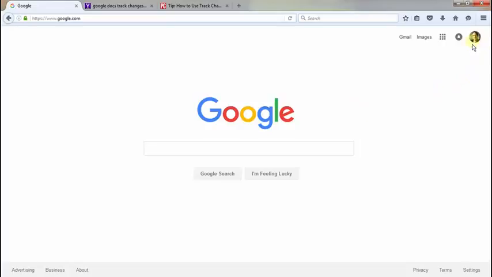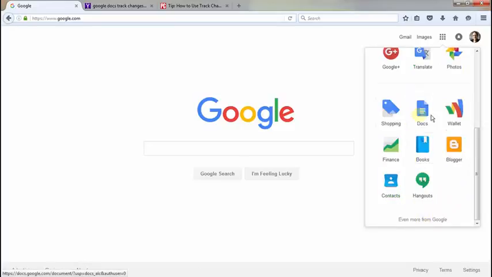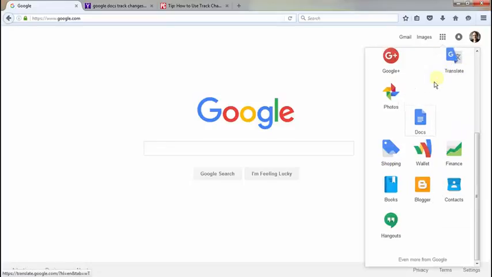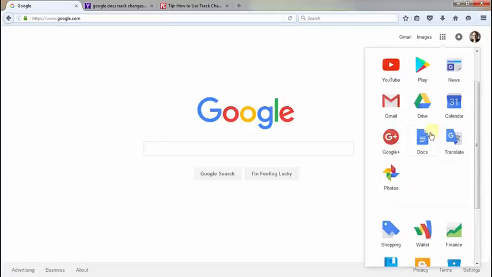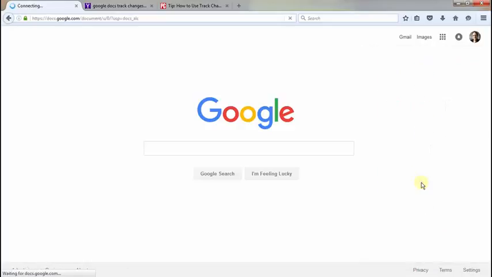You'll see your profile picture in the upper right and the grid of squares, which are the Google apps. If you click on the Google apps there, you'll see the various Google applications. Google Docs isn't showing up there, so if you scroll down, you'll see Google Docs here, and you can drag these around so that you can put the most often used ones near the top. Anyways, you want to find Google Docs, and you can select the icon for Google Docs,